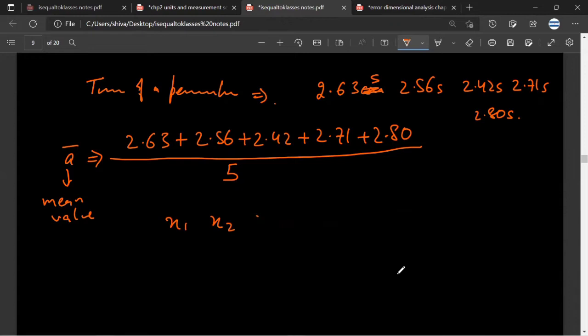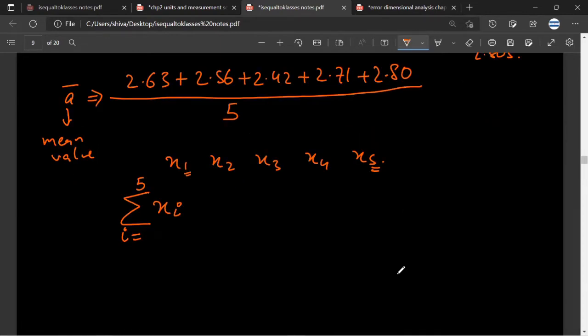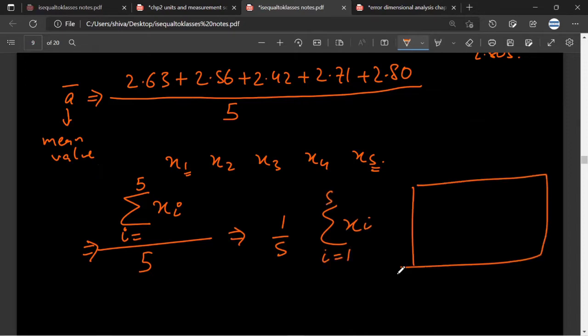So let us assume my readings are 5, like has happened in this case. How will I write this? I will put a sigma sign. I will write an xi here, where i is going from 1 to 5. Basically, what this means is that I have five observations, and this whole is divided by the number of observations, which is 5. And this can be written as 1 upon 5 sigma xi, i goes from 1 to 5, and the general format of writing this is 1 upon n